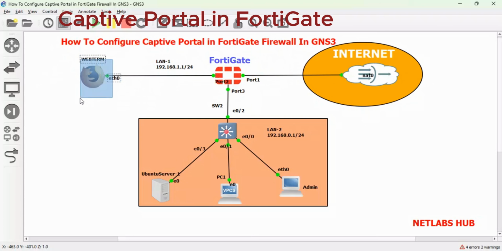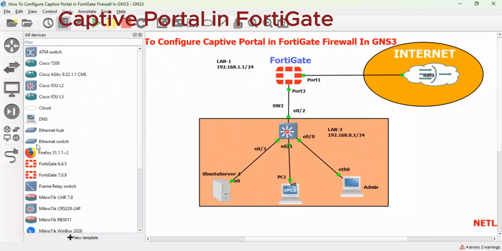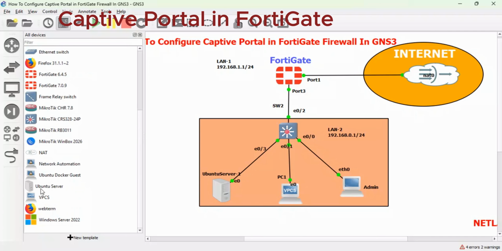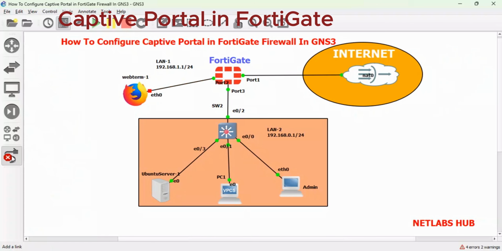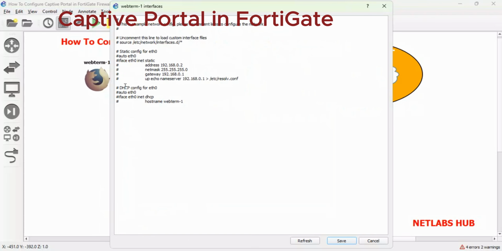Let me just solve that again. These are the things that you should be patient about as a network engineer. Sometimes things do not go the way you expect, but you have to fix them. So before I start, let me just give it